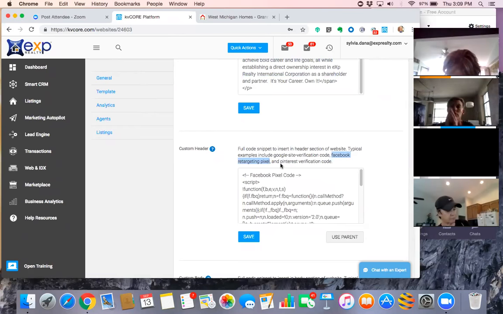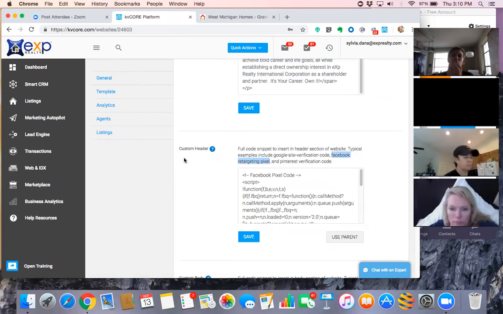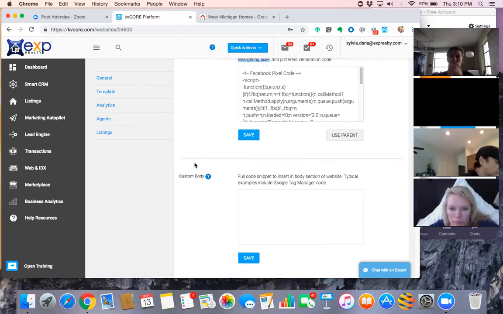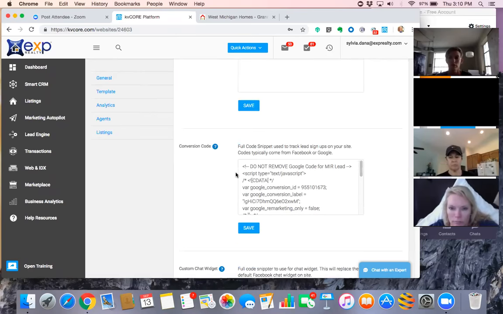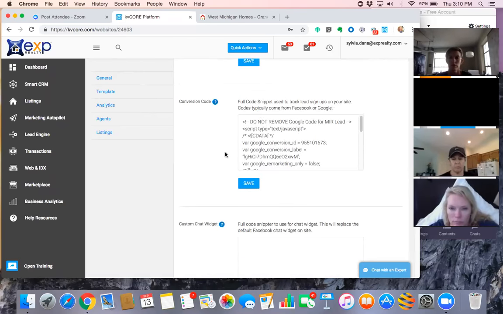But if you want to take the Facebook retargeting pixel from your Facebook business page, you can put it in here so that when people visit your website, they'll be more likely to see your business page and vice versa. It just kind of keeps people in the loop. So anyway, that's what those areas are for. Again, you don't have to do those things to get started.